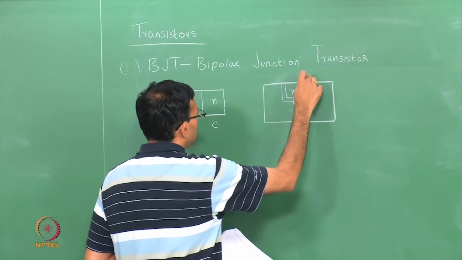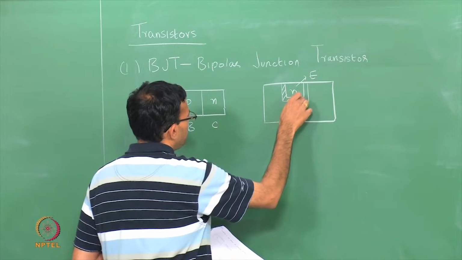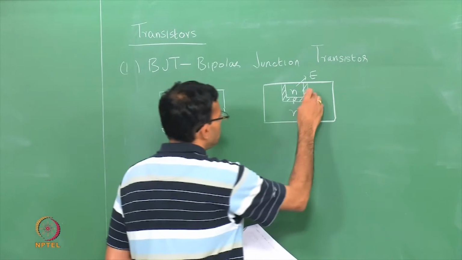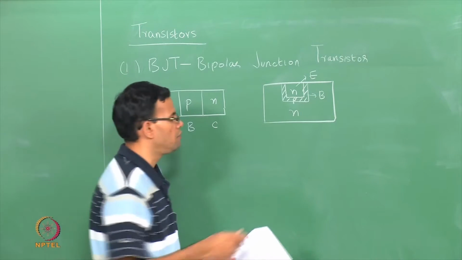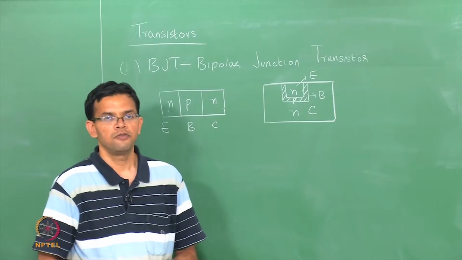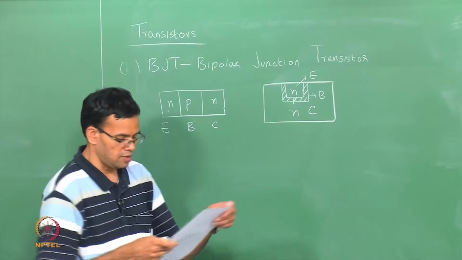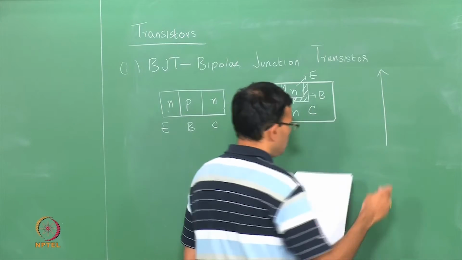This essentially forms the emitter, the central p region, I will just shade it, forms the base, and your substrate essentially forms the collector. So, we can draw the diffusion profiles in order to form this bipolar junction transistor. If you plot the dopant concentration versus distance,